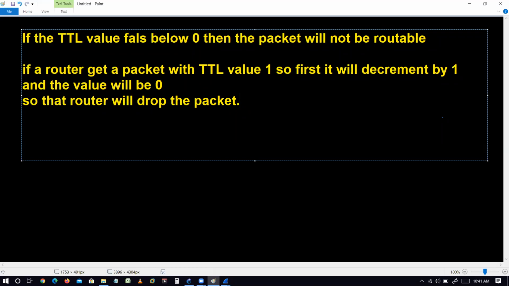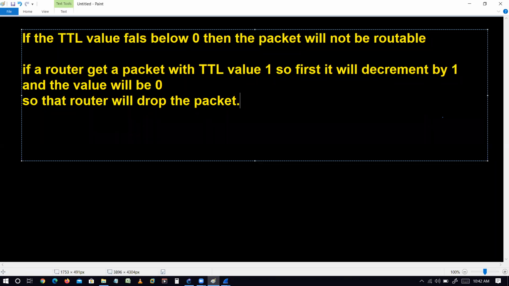So guys, any doubt till this point? I think the TTL value is clear to all of you. Once we start routing, I will show you how we can create a loop and how we can prevent it. Right now we have not done the routing part, so I cannot show you, but once we start routing, I can show everything. We will also work on quality of service, this loop, and the TTL value.